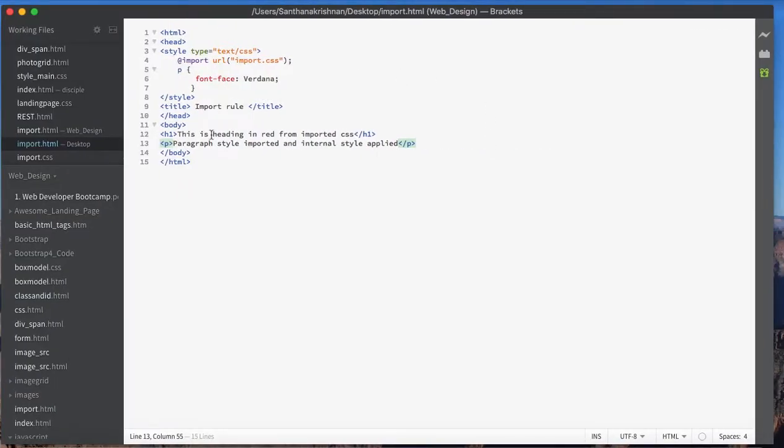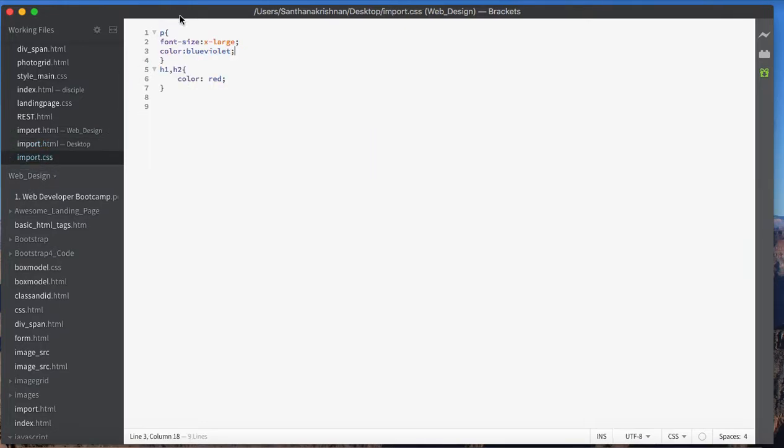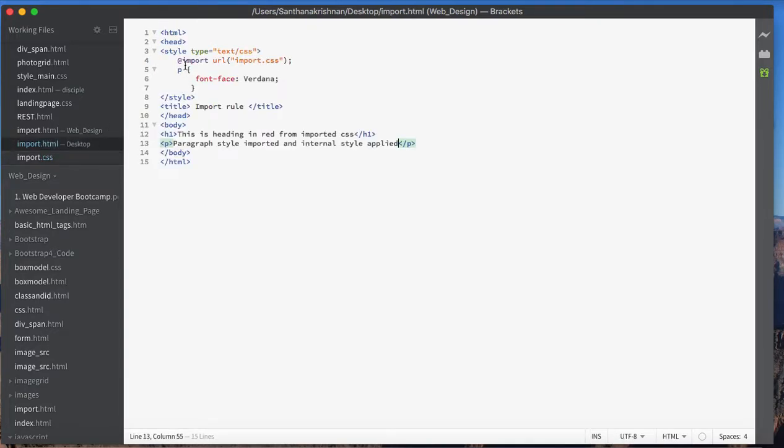Here, using the import, some CSS file has paragraph, h1, h2 defined with their respective styles, and the import rule should always be at the top and end with a semicolon, and then here we have the content. Let's take a quick demo on that.